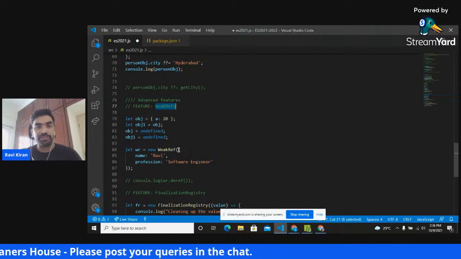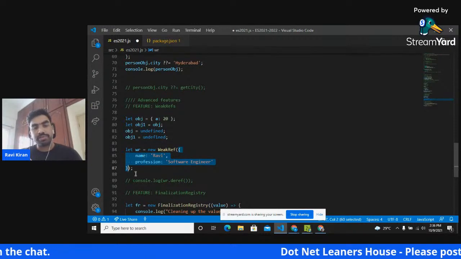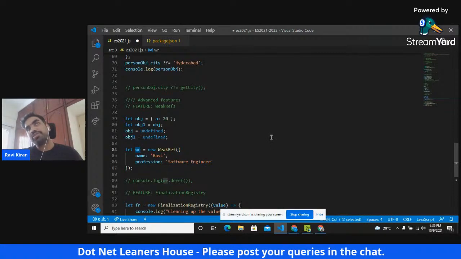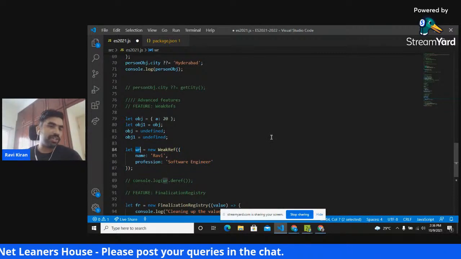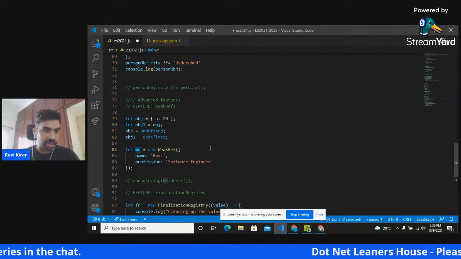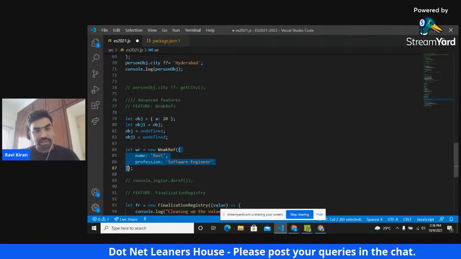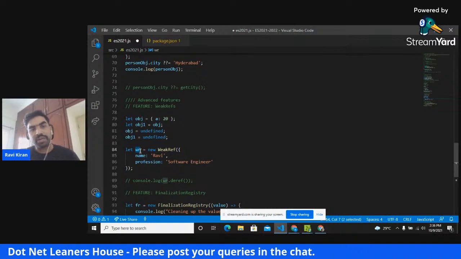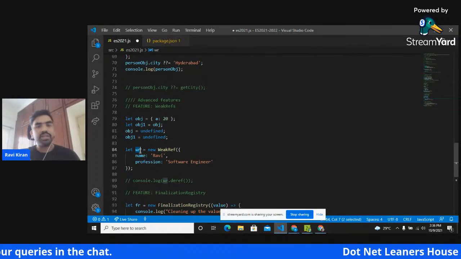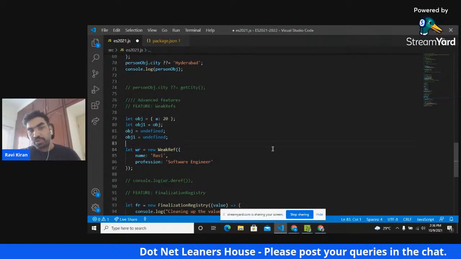You can say new WeakRef and you can pass an object to it. Now this weak reference is going to hold this object. As I said, this is a weak reference, so it is going to hold a dotted line kind of relationship with the object. Even if the WR is not set to undefined or null in your code, the JavaScript garbage collector may garbage collect this object and WR might not hold the value anymore once the garbage is collected.